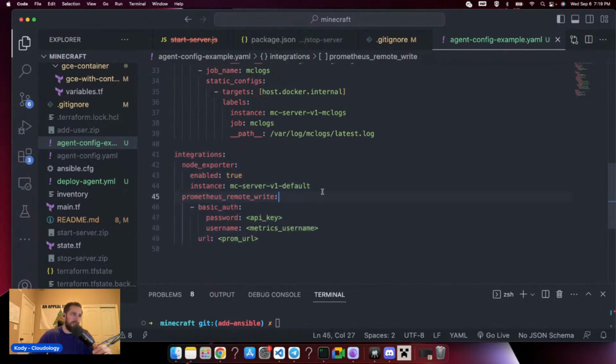And this is essentially where we give it more tags. So we name the instance that these logs are for, so that way they're grouped correctly in Grafana. And then our basic auth for scraping the metrics for Prometheus, right? And that's pretty much it as far as Grafana and setting it up as a container in a container optimized